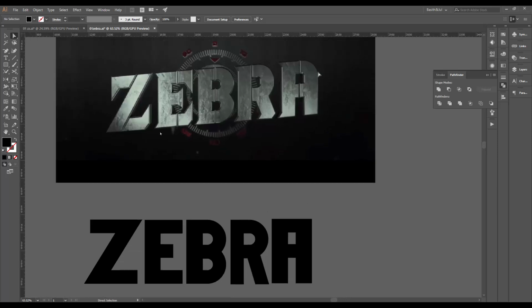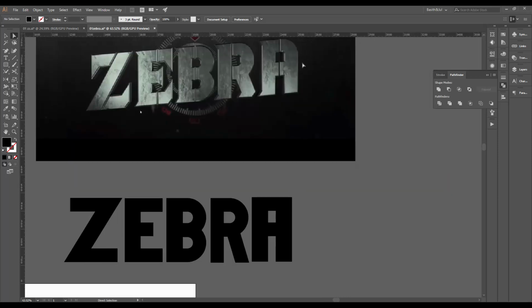First, let's focus on creating these edges. For example, this edge, this edge, this edge, and this corner. Let's just create this rounded corner. So press A for the direct selection tool, drag it, and then use the